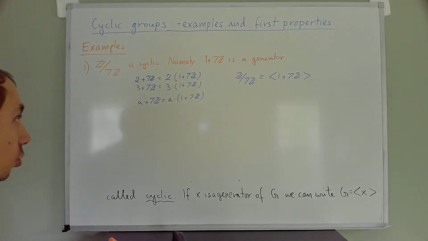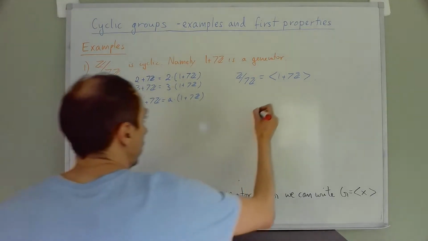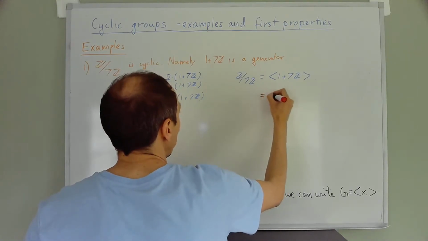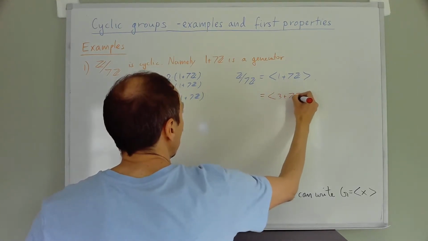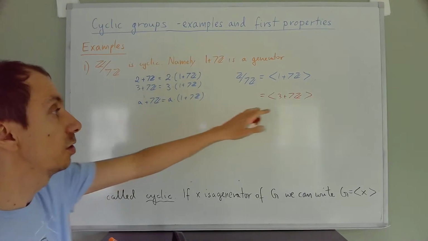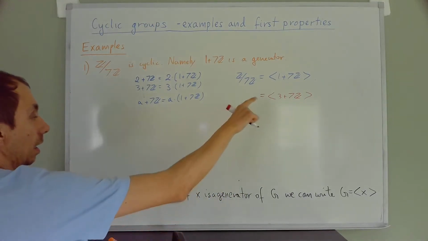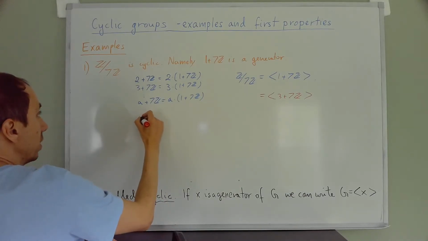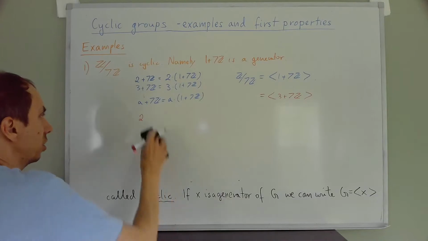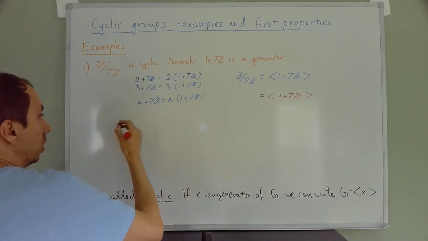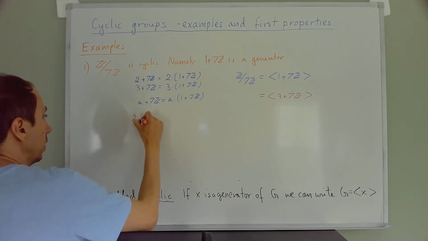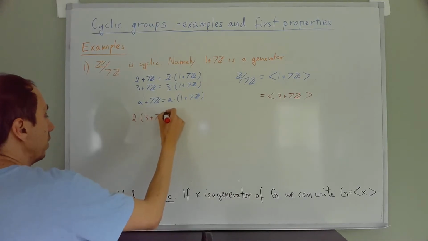So let's just try 3 plus 7Z. So I claim that this group is also equal to 3 plus 7Z in brackets, so that this is also a generator. So can I get to every element using 3 plus 7Z? Let's just keep taking multiples of this. If I take twice 3 plus 7Z, then I get